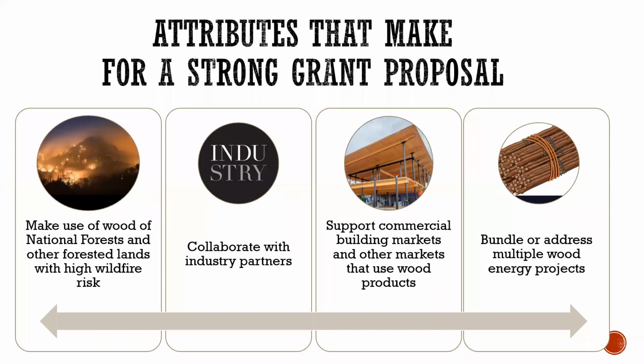Grants that support commercial building markets and other wood product markets. And again, in this region, we're seeing a lot more for mass timber, and that is a kind of commercial building product. There are some grantees that are being innovative, trying to come up with other ways to use wood,